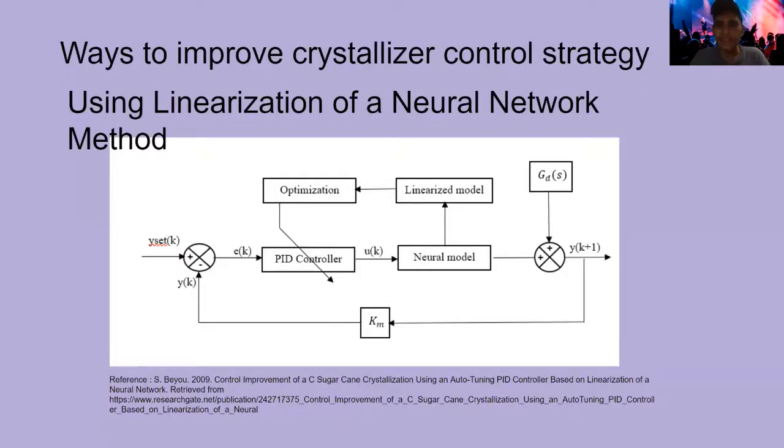First, the data will go through the neural model where multiple equations are being placed here. And once a value is linearized, it will be sent to the linearized model to allow a piecewise linear PID parameter. And then it will undergo the optimization to determine which parameters are best suited for the current situation being faced by the control loop. And finally, it'll be applied back into the PID controller so that it can change the parameters to achieve the output needed